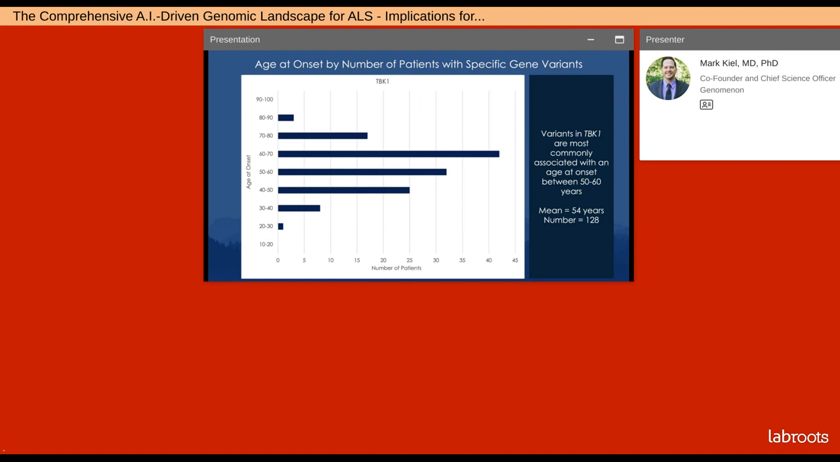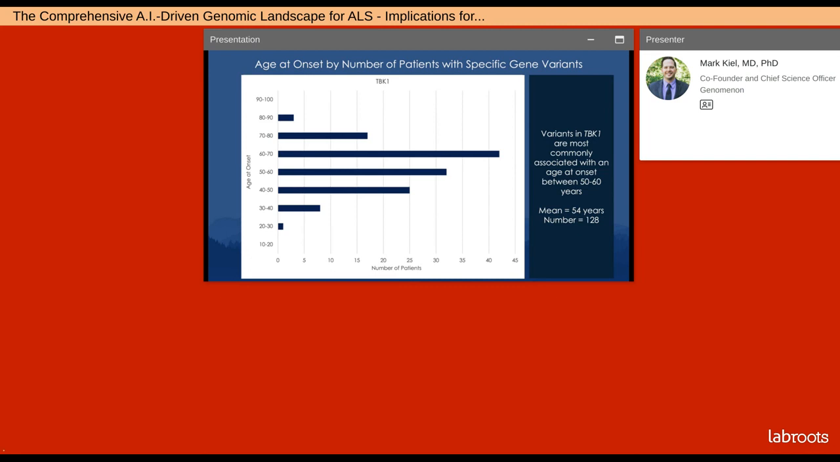In contrast, the TBK1 gene, which I spoke to on a subsequent slide, has a more average normal distribution with an age of onset of 54 years across all 128 patients who have TBK1 mutations. I should mention here, obviously, TBK1 is associated with other diseases in the spectrum of neurological diseases that has substantial overlap with ALS. Specifically for TBK1, frontotemporal dementia is high on the list of the differential diagnosis for patients